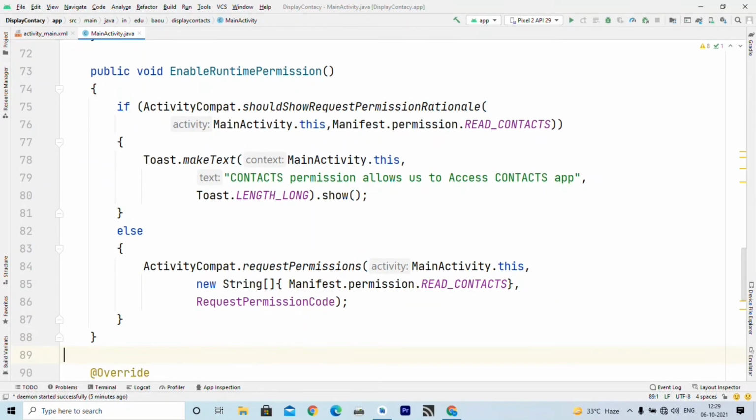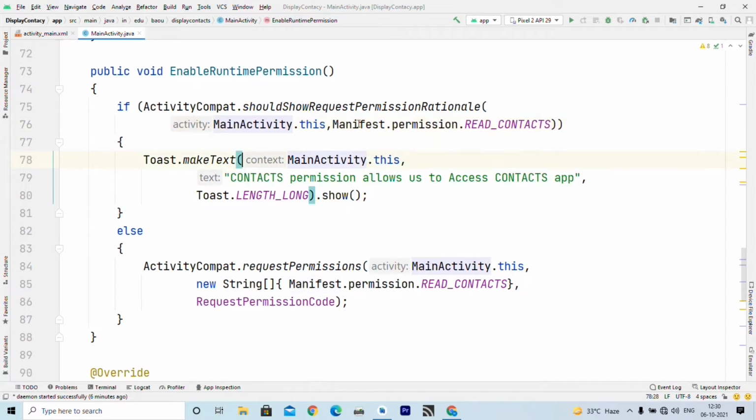On screen you can see it does not take any argument and has no return type, and using the ActivityCompat static method shouldShowRequestPermissionRationale, the first argument is a context, which is MainActivity.this, and the second is the permission that we want to request. So what permission do we want to request? We want to request permission to read contacts. So the second argument is the name of the permission that you ask the user for.